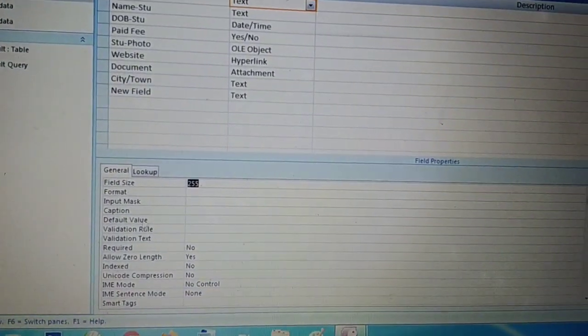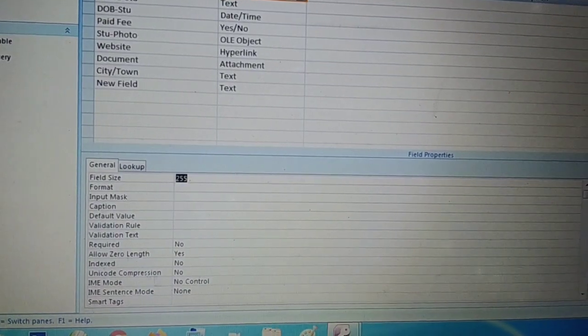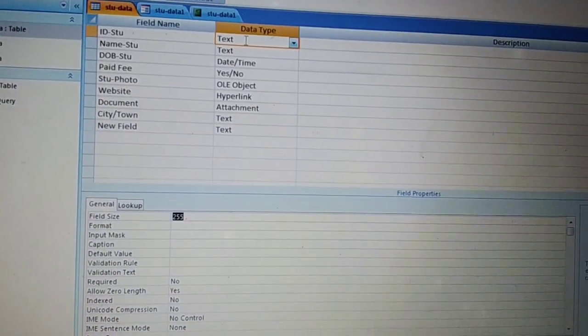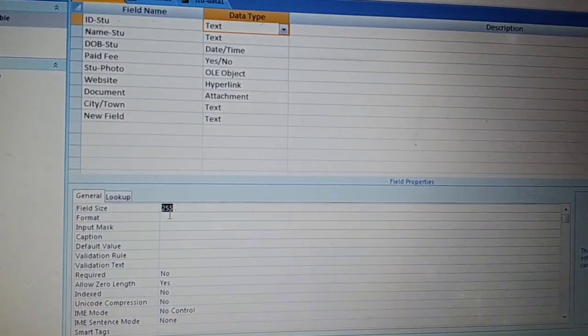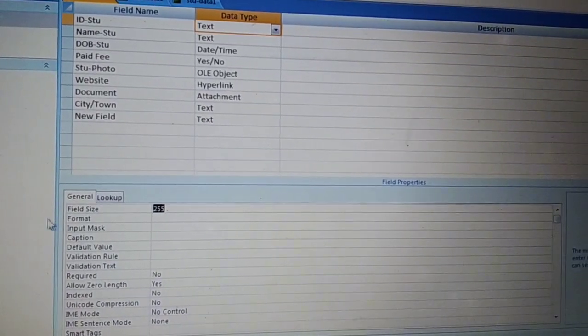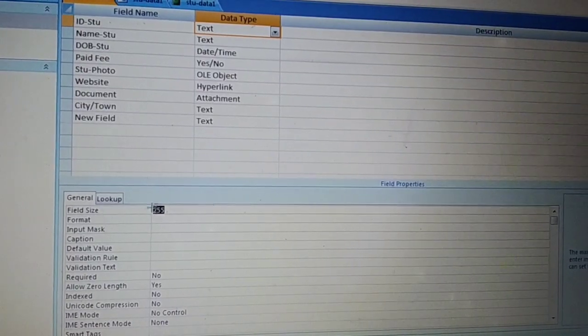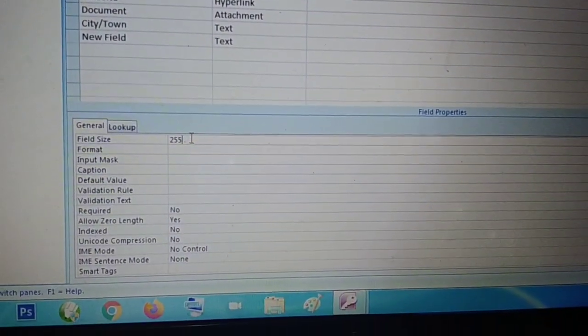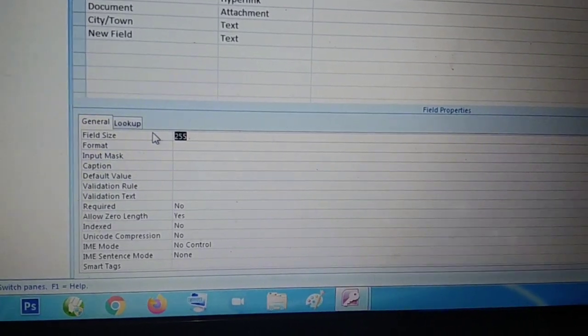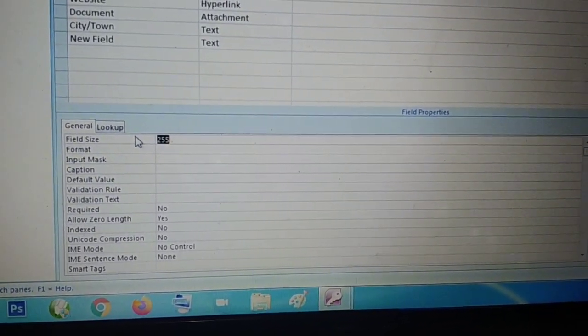So that is why it is showing the characteristics of the text data type. There is no need to change anything over here. If you want to reduce the text size, you can reduce it from here. You cannot exceed it, but you can reduce it.